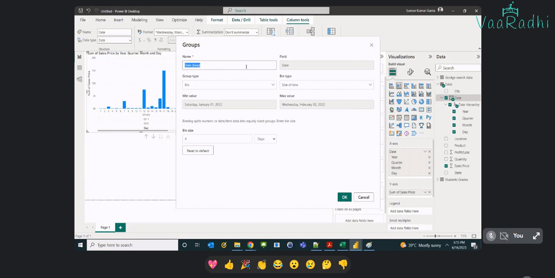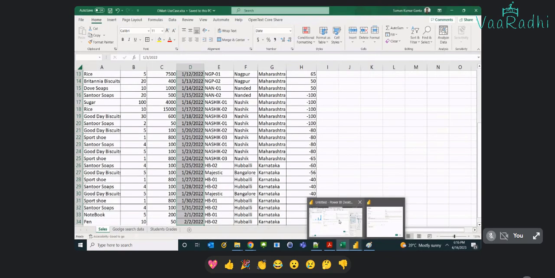Okay. So you can say weekly, or week wise. I'm just giving week wise group. And this is the field from the data set. Now here the group type is asking either bin or list. If you choose bin, first we'll discuss bin. If you choose bin, the next options we have are bin type, size of the bins, or number of the bins. So to understand this concept,